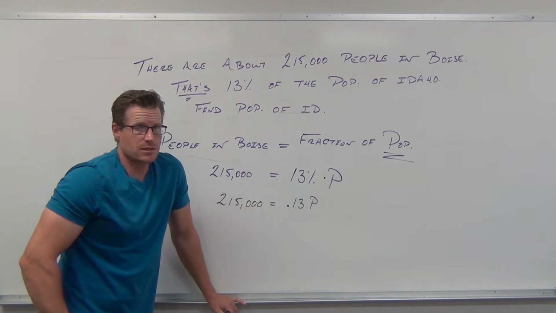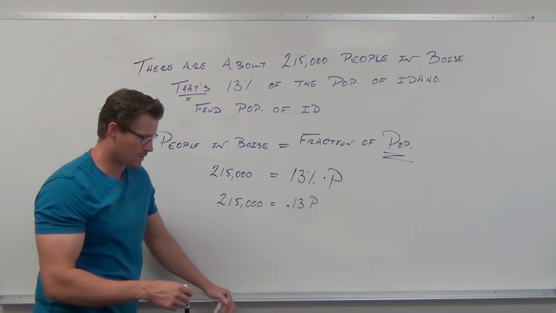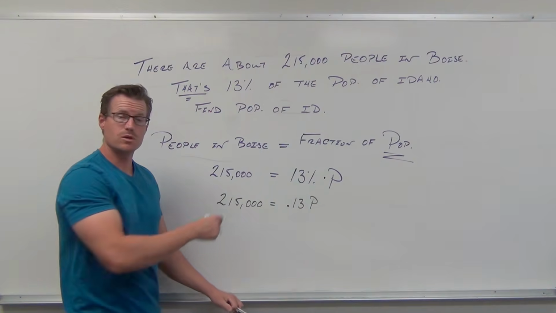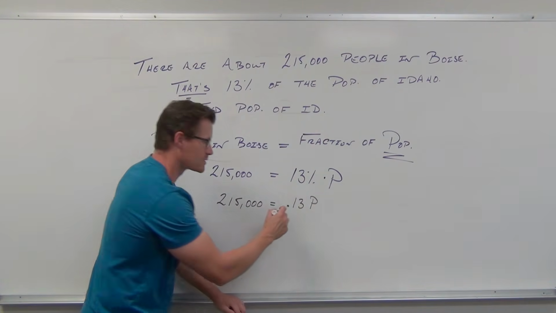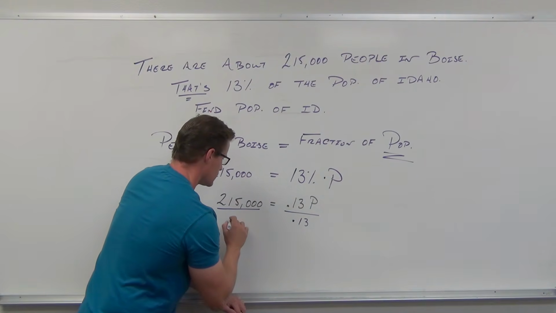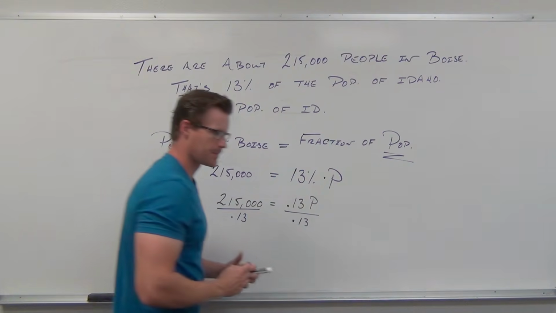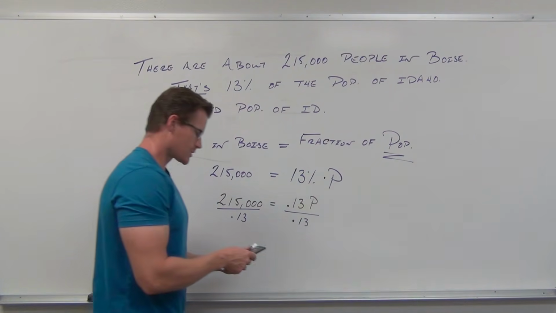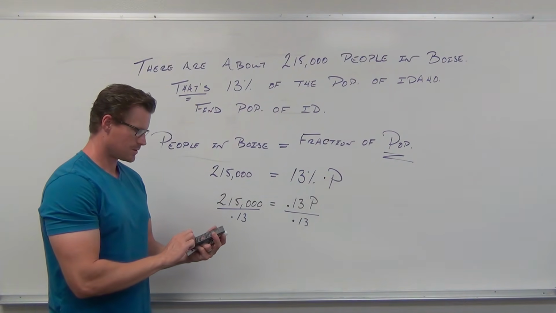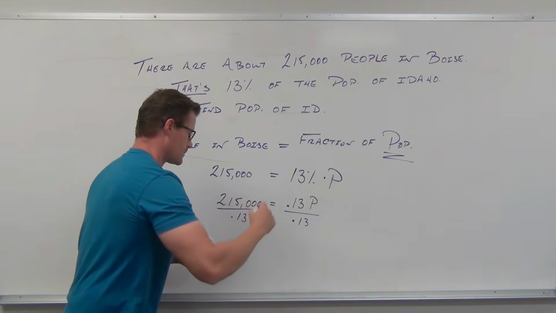You don't have a constant. There's nothing added or subtracted. You do have a coefficient, and so we can get rid of this coefficient just by dividing. You can move your decimals if you really want to get rid of the decimal, or you can just divide by 0.13. So let's do that. So let's take our 215,000 divided by 0.13, and we get